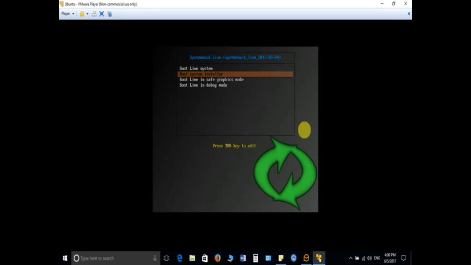The moment you insert the DVD or USB and restart the system, after booting it properly from the DVD or USB, you will get this window where you don't have to select any other option. You have to come down with the down arrow key and select the second option, that is the boot system installer. This will allow you to install the Linux in your computer.